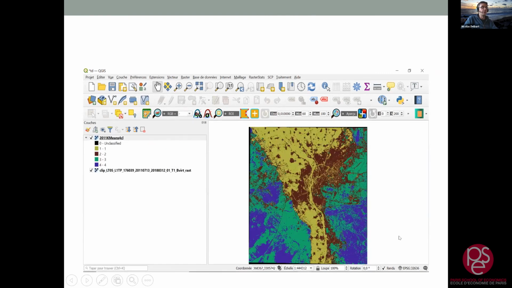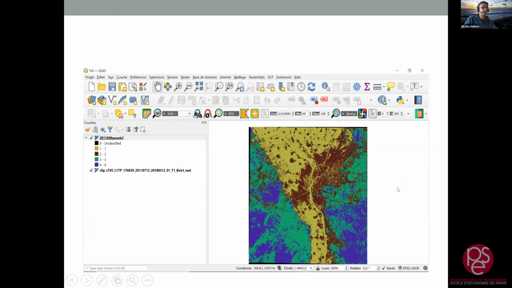So here we have the result of one classification using k-means. I asked for 4 classes, and I obtain this map. Of course, this map is very wrong. This is still the same image as before with CART. We have only one class for the vegetation and for the river, the Nile River. We have 2 classes over the sand, over the desert. So this map cannot be used.